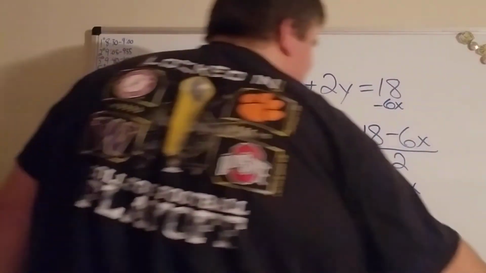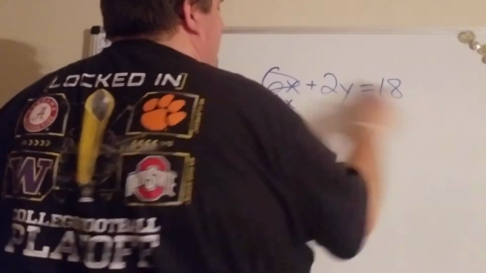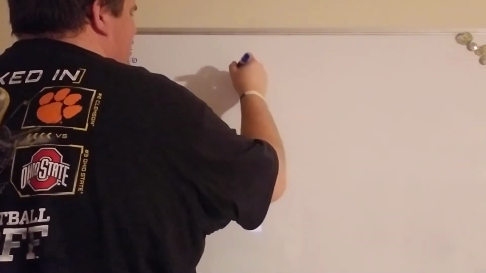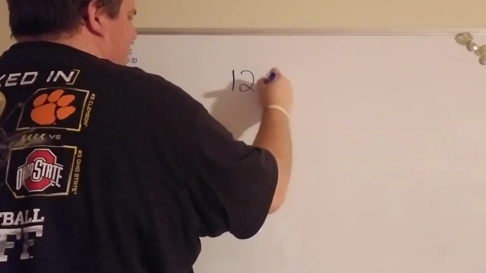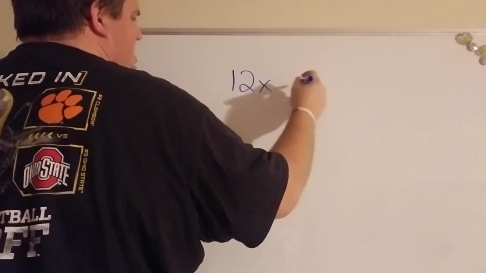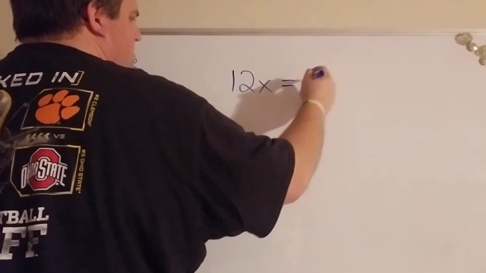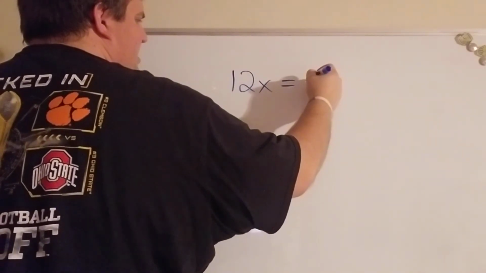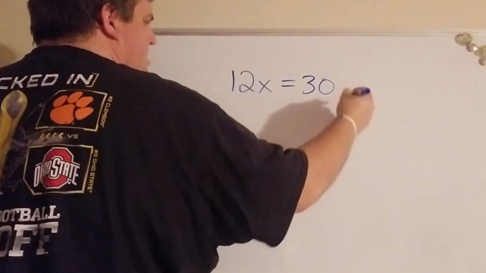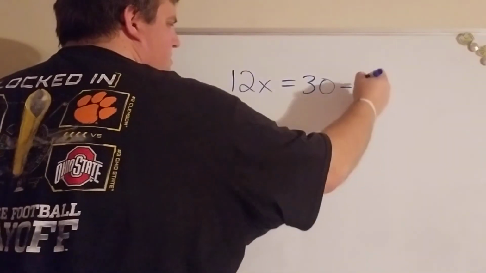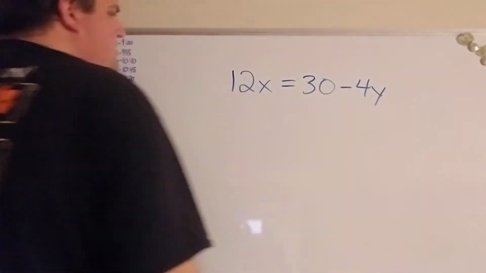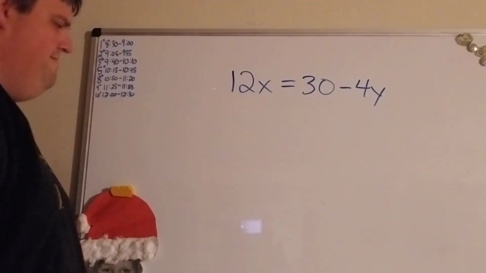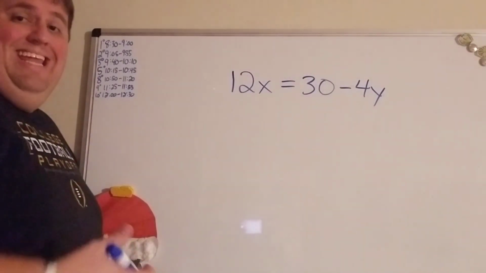Let's do some more. So let's go 12x equals 30 minus 4y. All right, again, not in slope